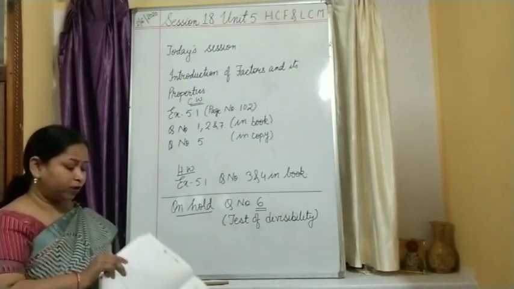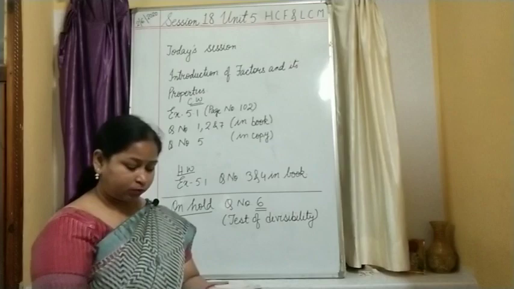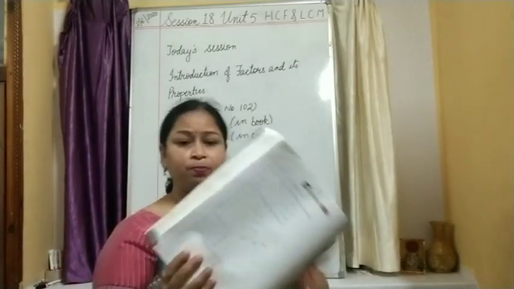And for question number 3 and 4, let me show you the space already given over there. You can see question number 3 and question number 4. Visible? The space is already there. Fill in the blanks. You have to just insert it and you can write down. For question number 1 also space is available. Question number 2 also space is there in the book itself. So, these questions you can do in the book itself. Okay.